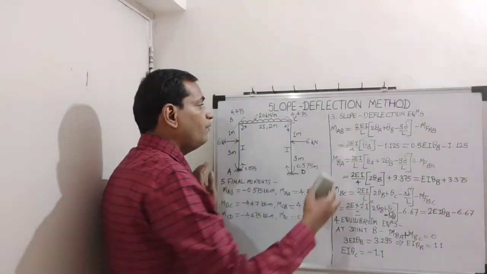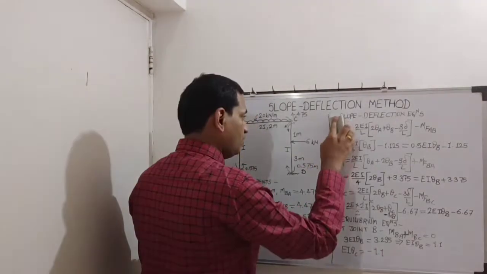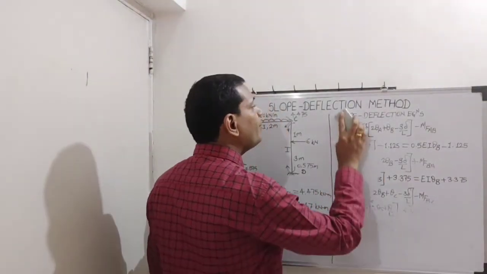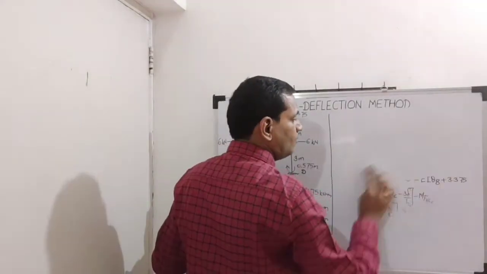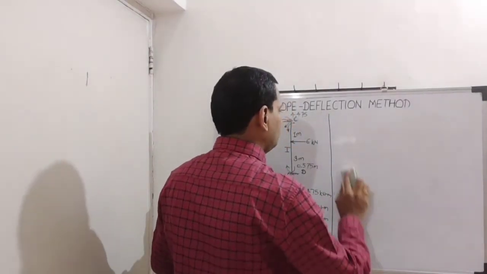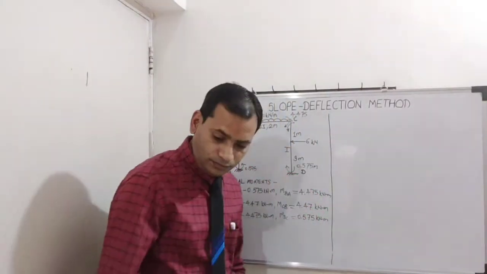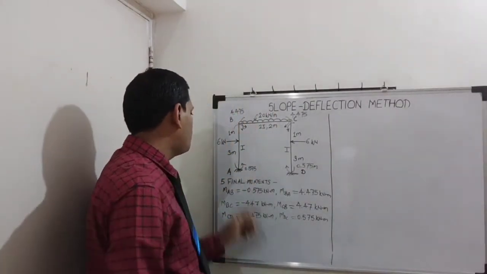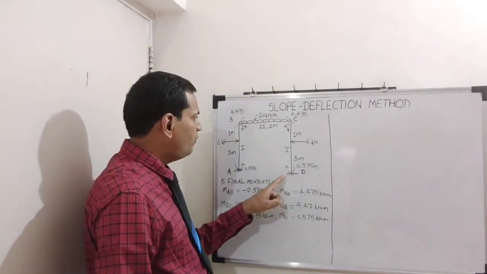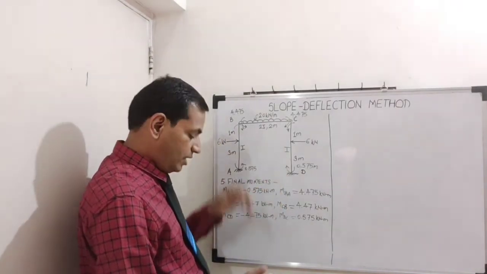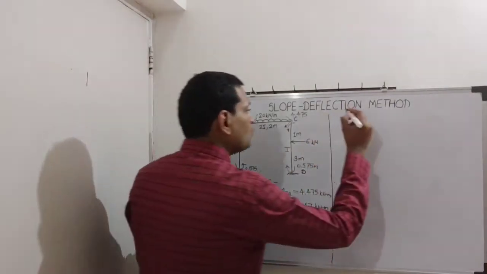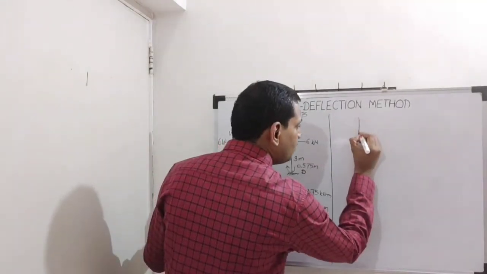So for that we need to calculate, first of all, reactions. So how to get these reactions? Get free body diagram of all members one by one. So we need horizontal reaction on joints A, then joint D. So we will take only column AB, because here it will be equal and opposite of AB. So column AB, if I draw free body diagram,